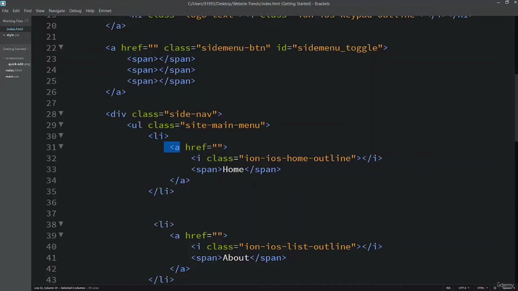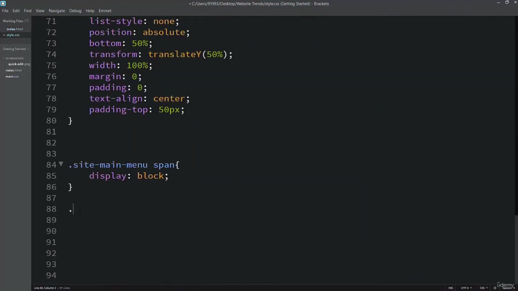Okay, so what will the code be? The code will be .site-main-menu. Why dot? Because this is a class, and a class has a dot in the style.css. Also, I'm going to use the li tag which is available inside this, and then the anchor link. Coming to the style.css, mentioning here